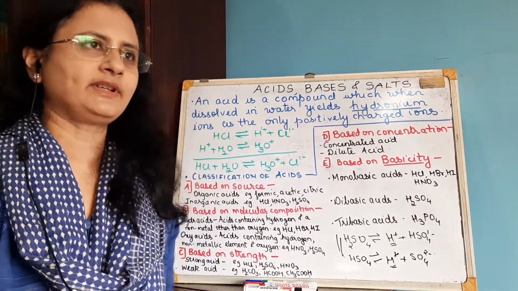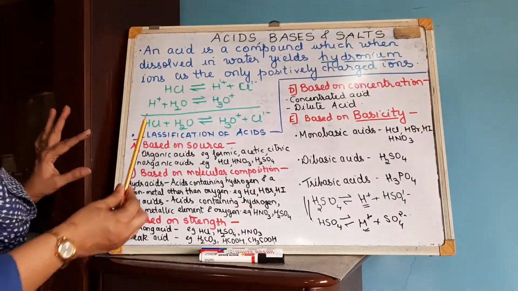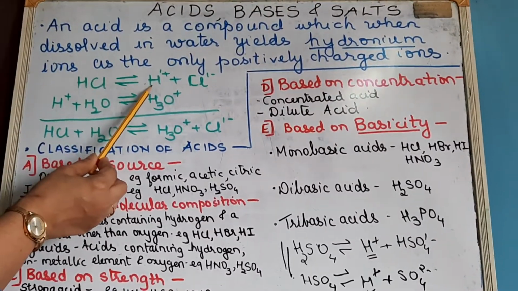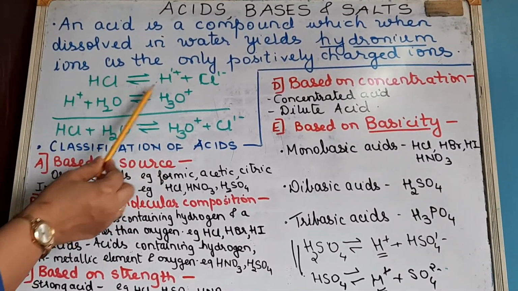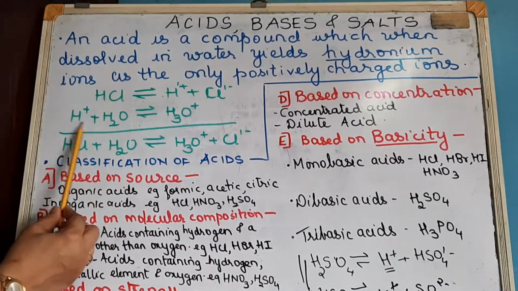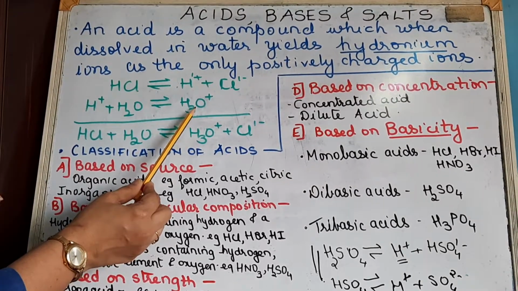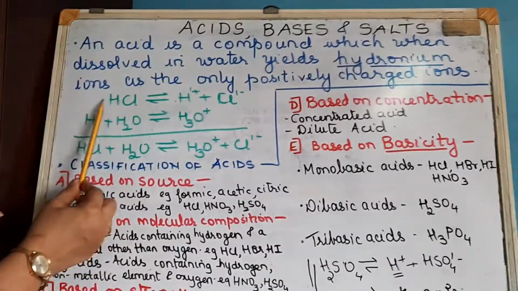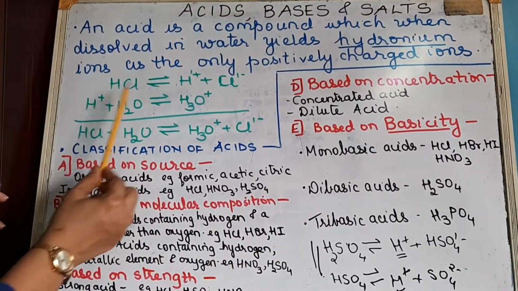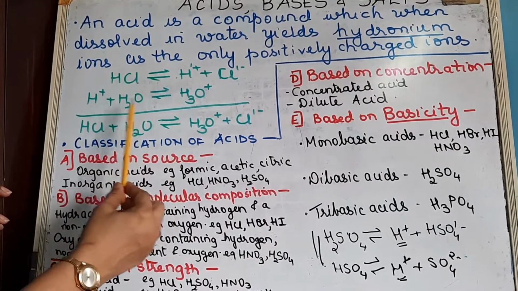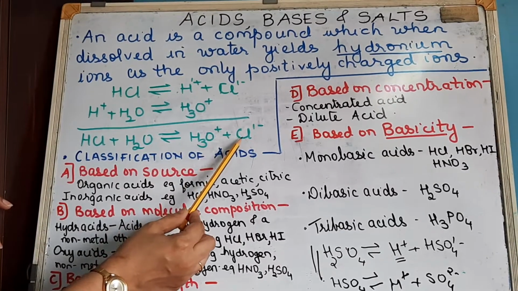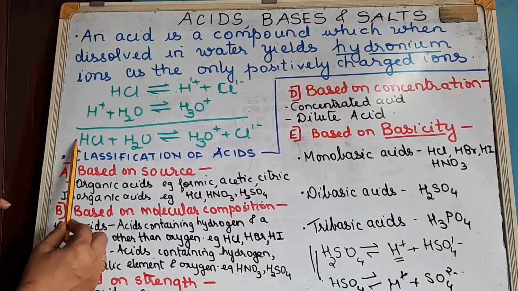So the reaction, as you can see here, is this acid HCl. In aqueous solution it will form H plus ions and Cl minus ions, and these H plus ions will never remain as hydrogen ions in aqueous solution. They will always combine with water to form hydronium through a coordinate covalent bond. So the combined reaction you can write as HCl plus H2O. Now this H plus and this H plus will get cancelled, similar terms on opposite sides of the reaction, giving hydronium ion plus Cl minus. So this is your reaction which you are supposed to remember.